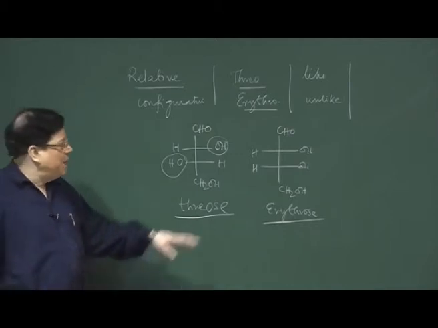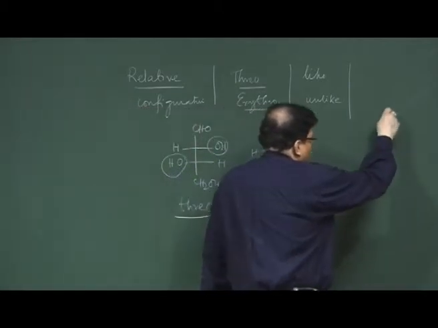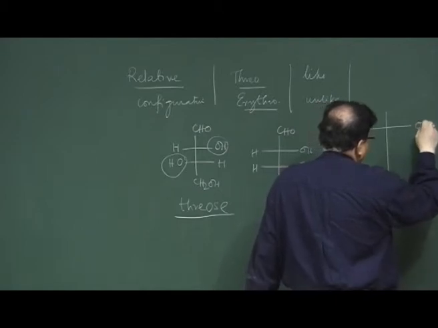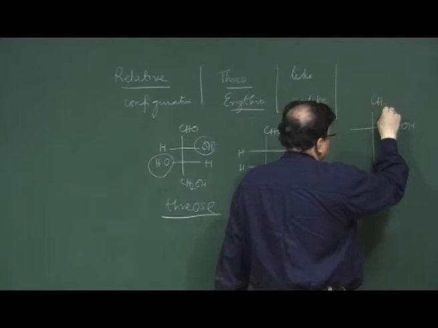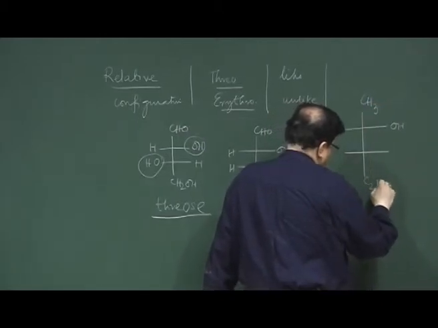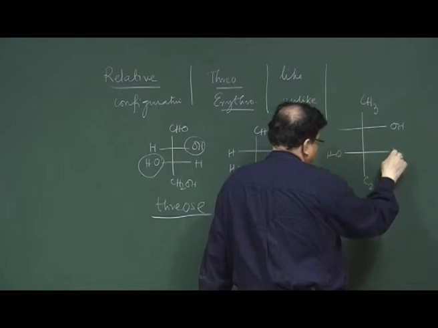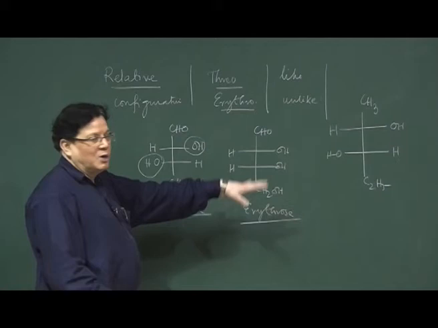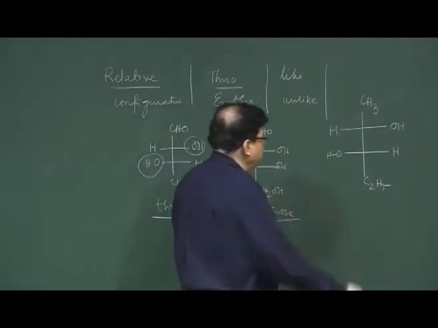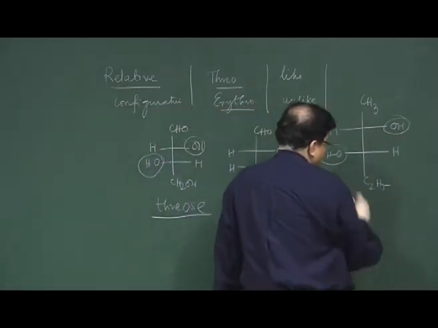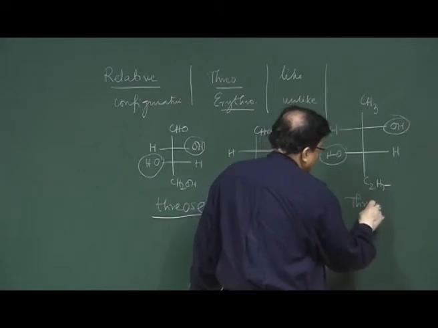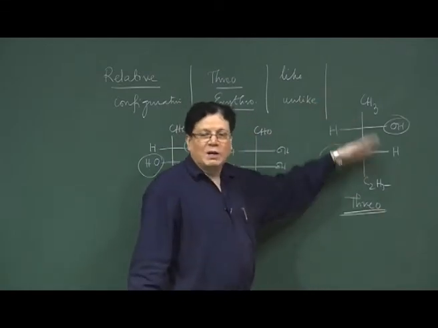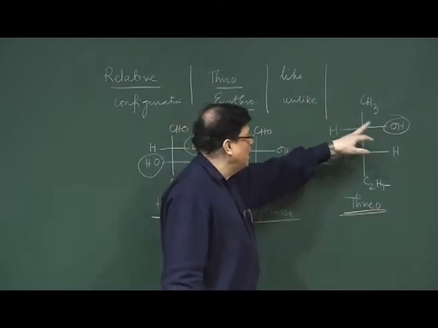That is called erythrose, and based on this, suppose I draw a molecule which has OH here, this is CH3, this is C2H5, this is OH here, this is H here, this is H here. This is not threose or erythrose, this is a different molecule, but because these OHs are on the opposite side, that will be called a threo molecule. Threo, and then IUPAC nomenclature whatever, this is actually